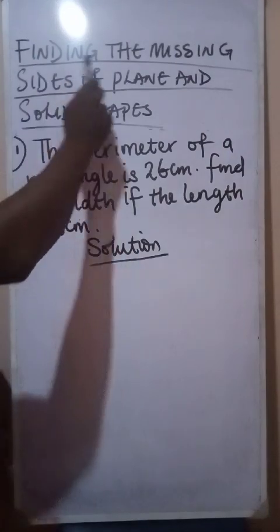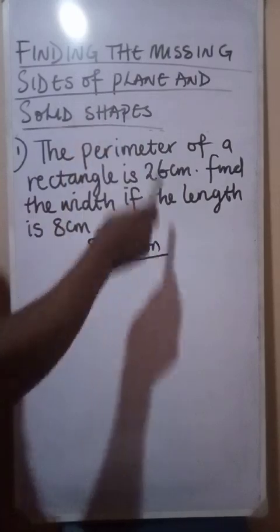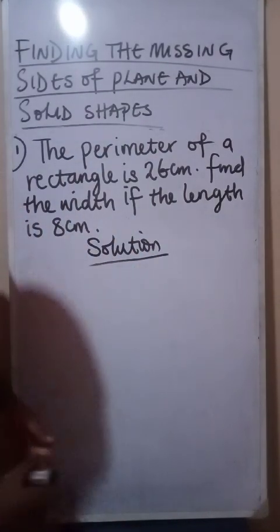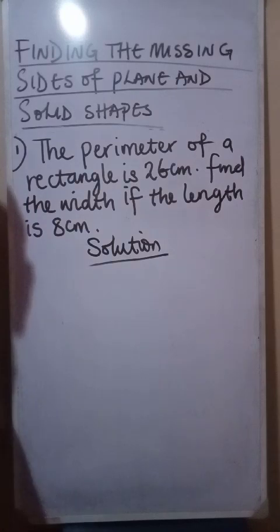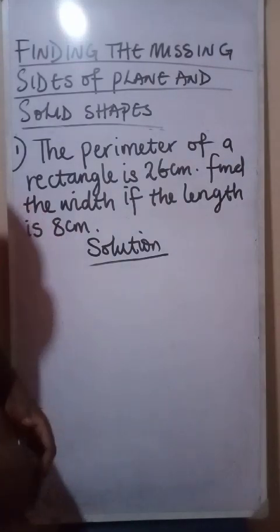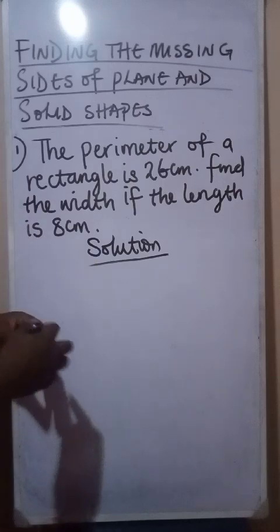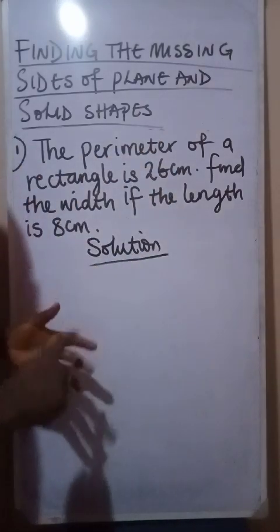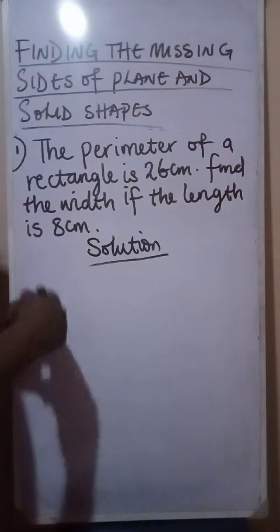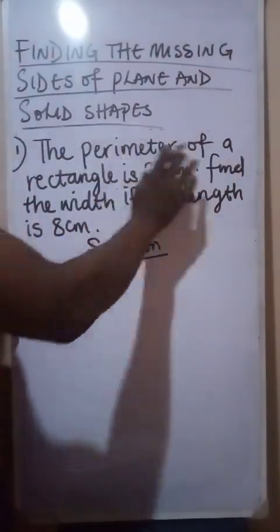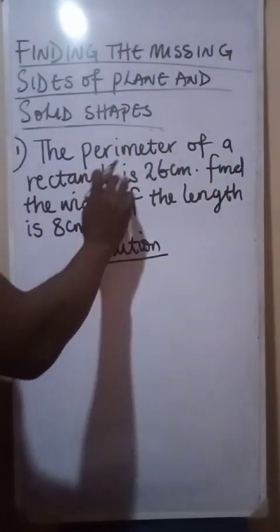So today we are doing finding the missing sides of plane and solid shapes. Missing sides, for example, when they give you the area and they are telling you to find the length, or they give you the area and they are telling you to find the breadth, the height, the radius. What do you do? All you need is basic knowledge of the areas, perimeters and volumes. Basic knowledge. Take for instance this question: the perimeter of a rectangle is 26